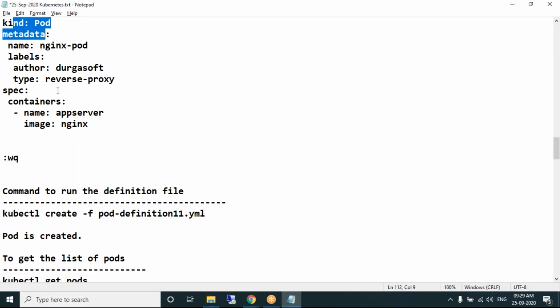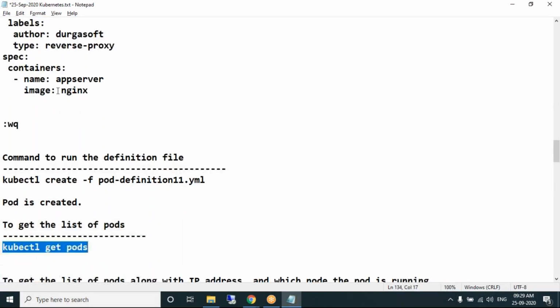The first time we have connected to the cluster and I have created a pod. I want to see the list of all the pods. To get the list of all the pods, kubectl get pods is the command.